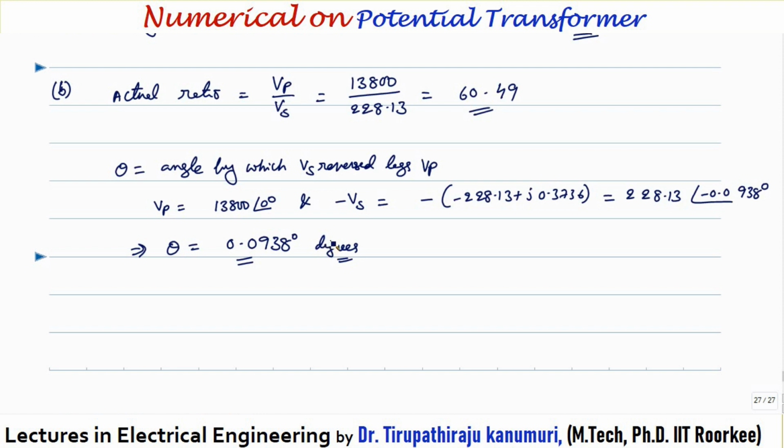I hope how to calculate the different transformation ratio, how to decrease the errors, and basic numericals on potential transformer